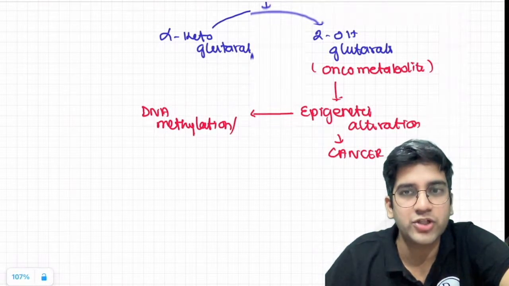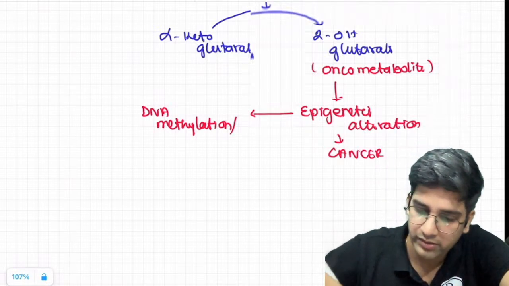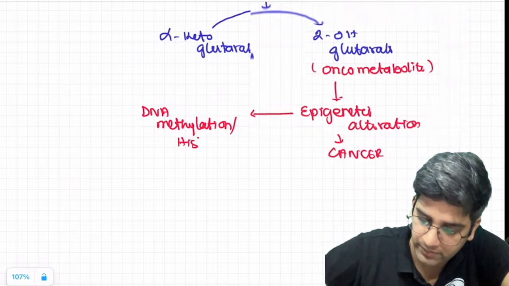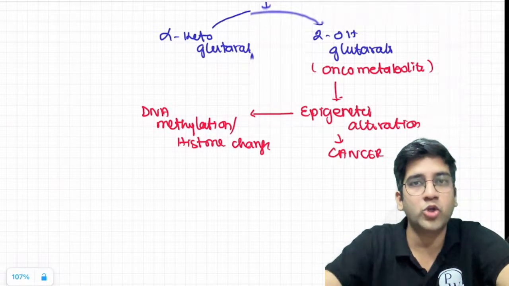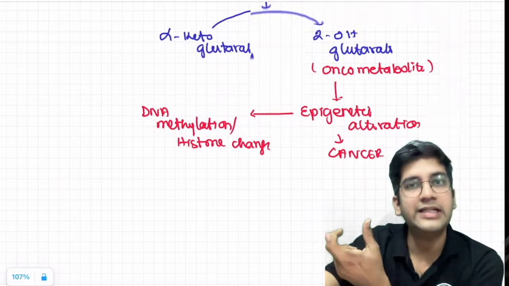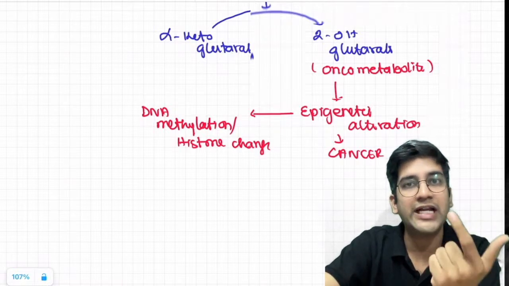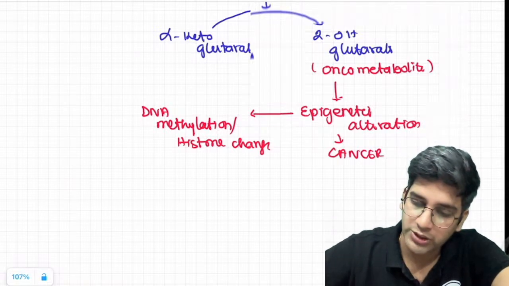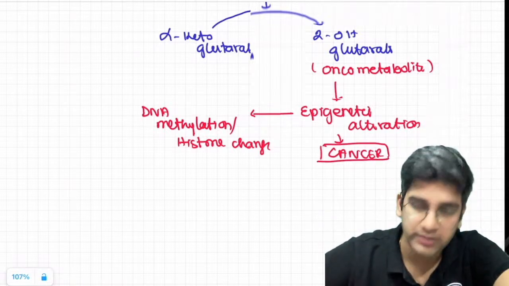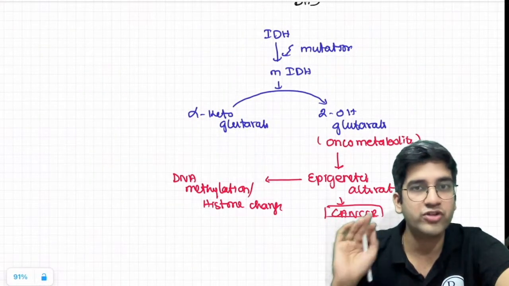What does DNA methylation do? It silences or activates a gene, right? Or a histone modification. They silence a gene, right? So what these oncometabolites can do is alter the DNA and alter the histone, not the gene. Histone and DNA alterations chemically, which obviously can result in a cancer, right? So this is what is there in oncometabolism, and this is one of the classical examples of an oncometabolite, isocitrate dehydrogenase